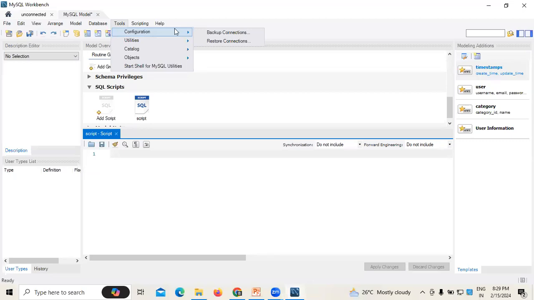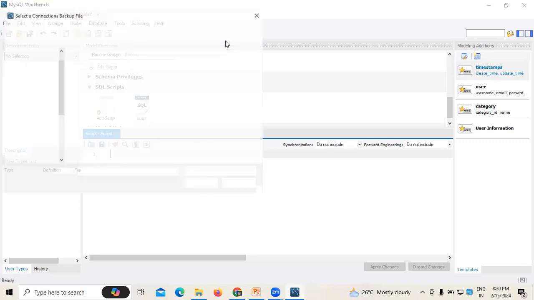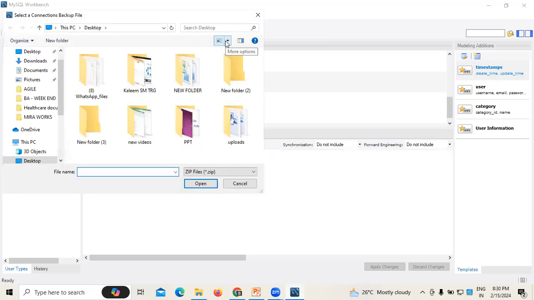So after backup connections, the next is restore connections. So here you can see, what is meant by restoring of connections? Restoring of connections means when there is any information we are updating, whenever we are mentioning the data, whenever we are storing all the information, etc. into